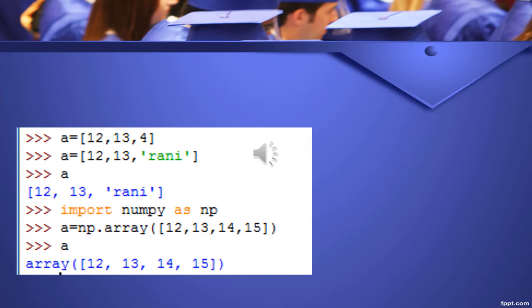In this slide, first the list values: assign a equal to numerical 12, 13, 4, and next 12, 13, Ronnie, different types of elements given. This is a list. But in the case of an array, we can give only homogeneous data elements using the function array. Before that, we have to import the package: import numpy as np.